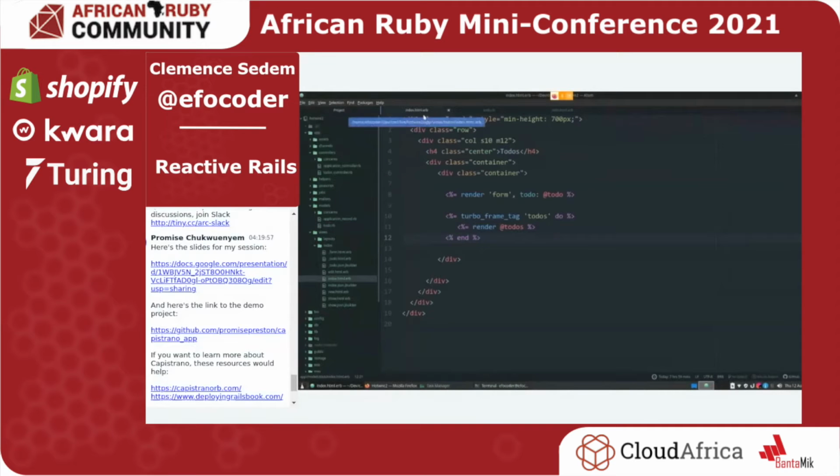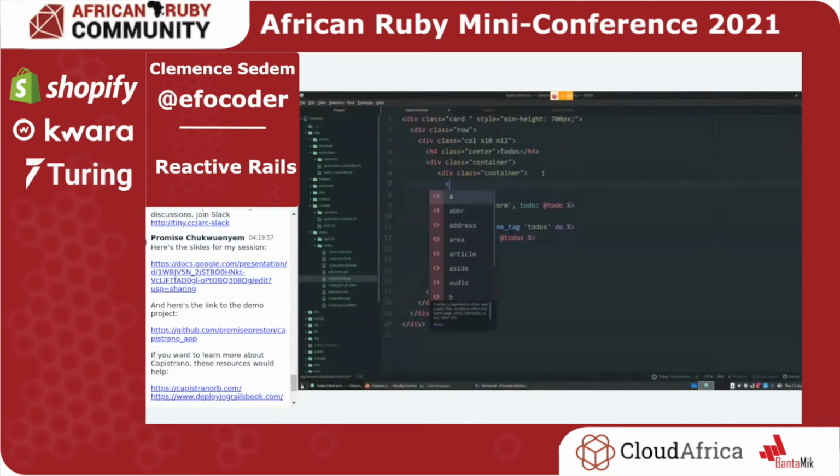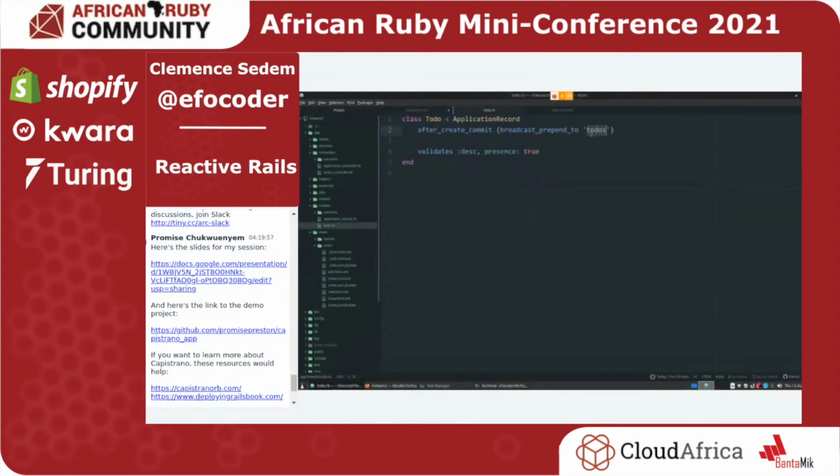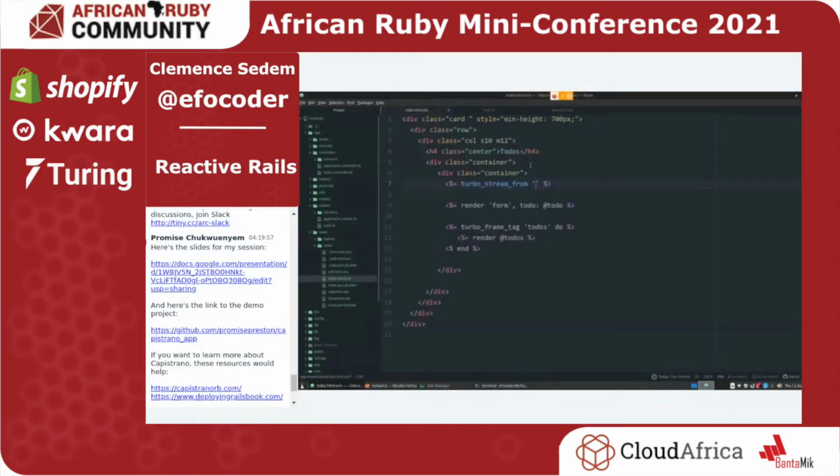So to do that, we just have to add a simple tag somewhere in our index. So I'll just add it at the top here. So I think we should use a turbo stream from tag. So we just say turbo stream from. So where are we streaming from? We will be streaming from here. We're streaming from this list. So we have our todos. So now with this setup, we can have real time, but we've not worked on the form,